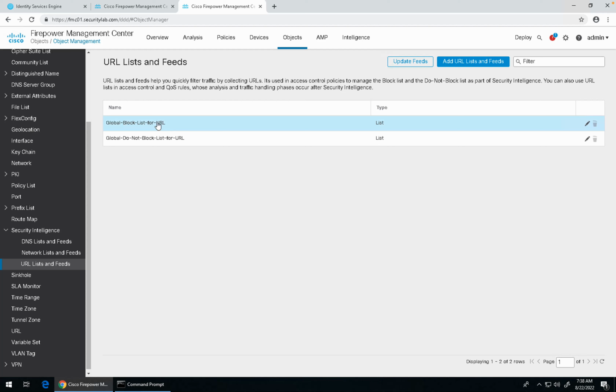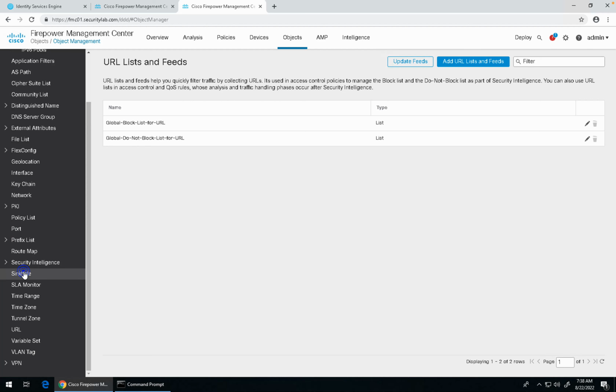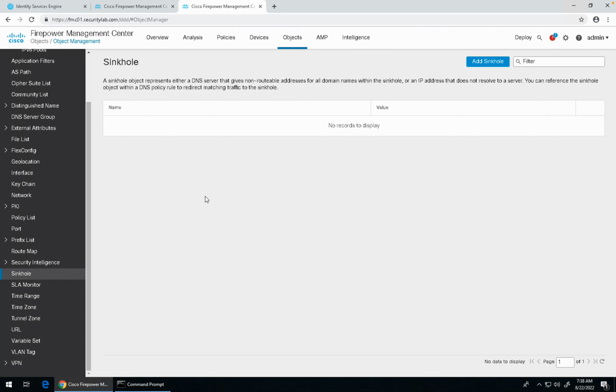So the global list is where you add, and I will show you, for example, you can get a list from some sources, come here and put it on the block list, and we use this object under the security intelligence part. Sinkhole is mostly used for the DNS. As you guys can see here, a DNS server that gives no routable address for all domains, or an IP address that is not resolved, so we'll use that as well in the